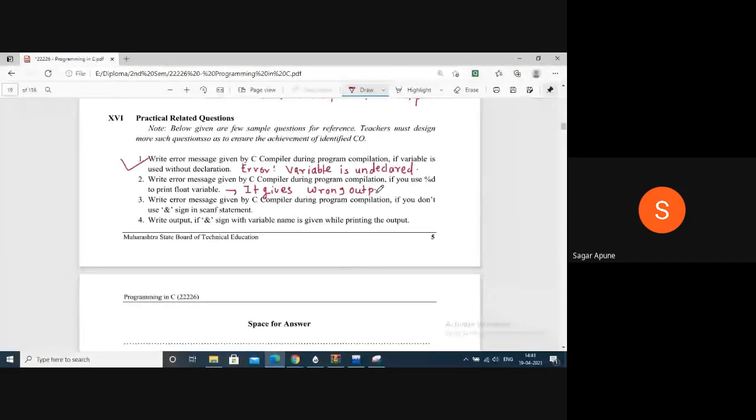Okay. Write the error message given by the C compiler during program compilation if you don't use & in the scanf statement. We will see scanf in detail in our next lecture, but see here what the use of scanf is. If you want to accept some value from the user, you can use scanf.